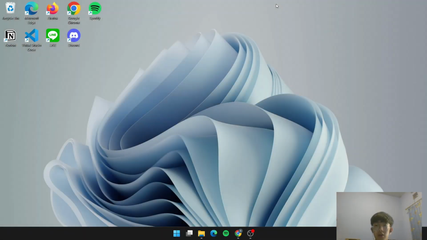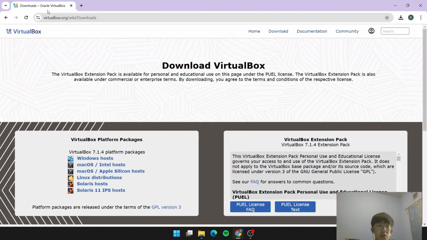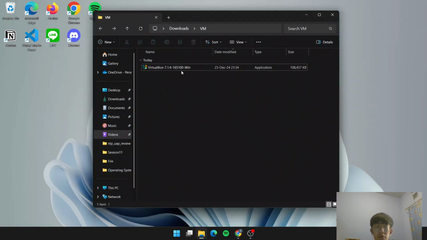So now I would like to demonstrate the virtual machine installation using Oracle VirtualBox. So first we must download the file through this website, virtualbox.org/wiki/downloads. Because I'm using Windows, I choose this one, and you can just download it. But because I already downloaded the file, I can just run the file. Just click yes,